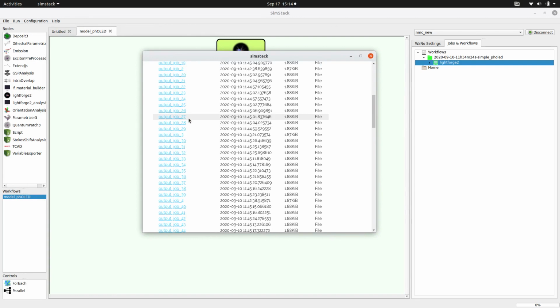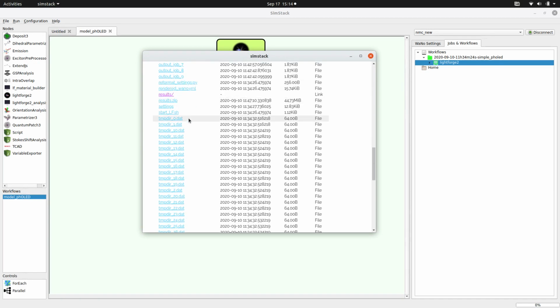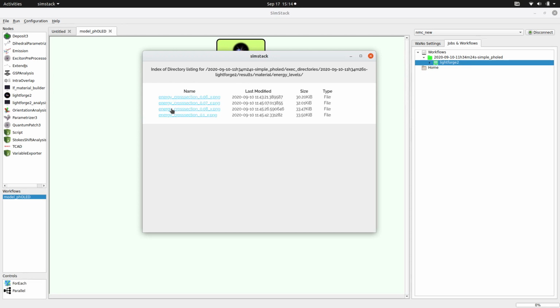And now we will inspect some of the important results in the file browser. For this we go in the folder Results, which you would also download if you download results.zip. It is basically the same as the results folder. The results folder has 2 subcategories, experiments and material, which have additional subcategories. So we go to material first, and we can, for example, click on energy levels, and there we see